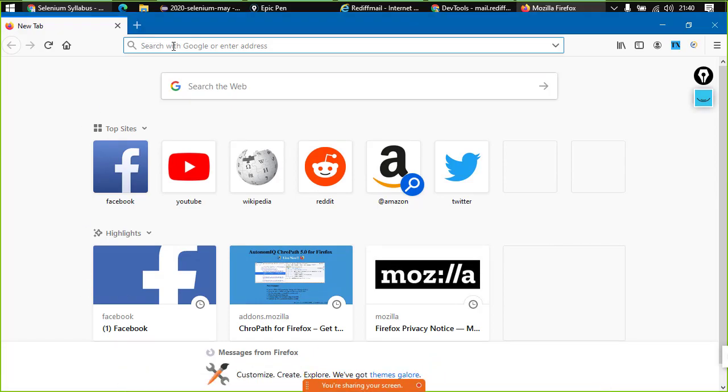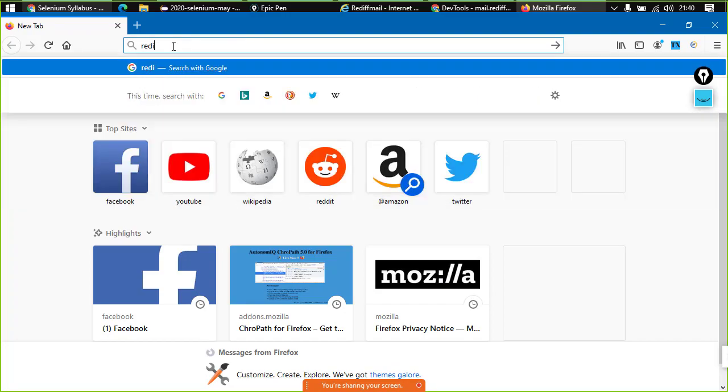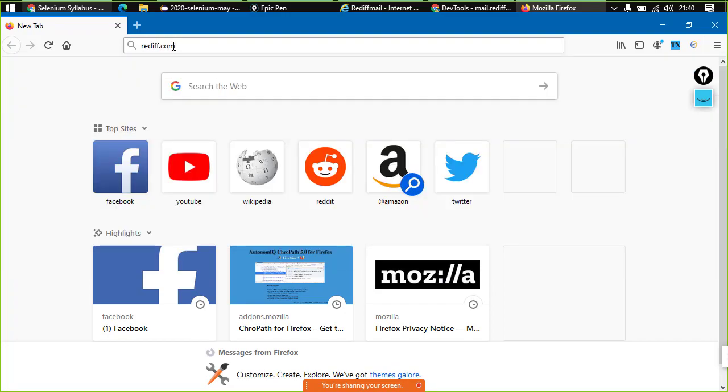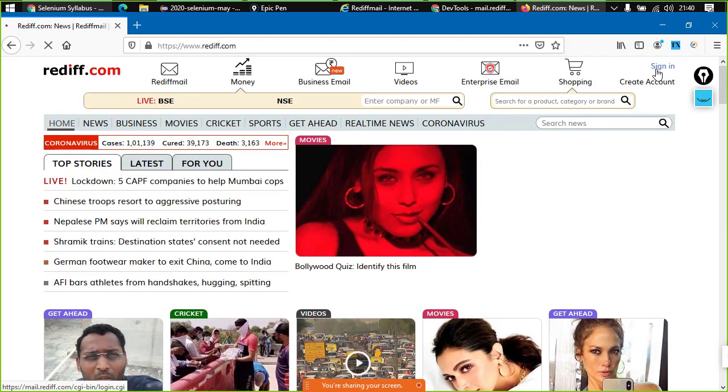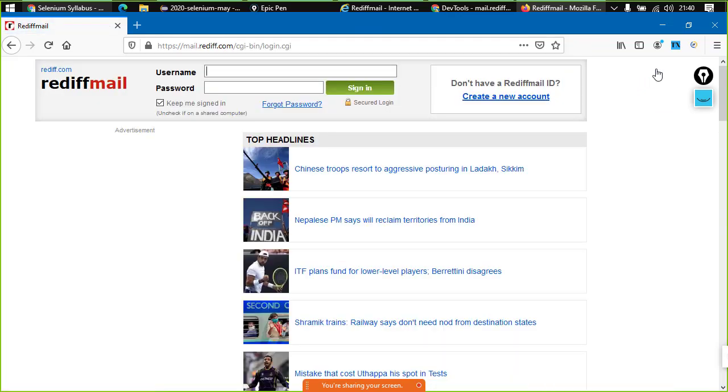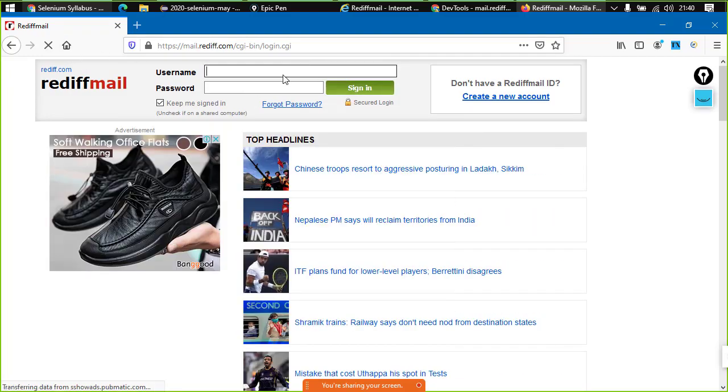Simply first of all go to a page, say rediff.com, right? And here the sign in button, right? The normal thing. Now over here we have to get access to this username field.